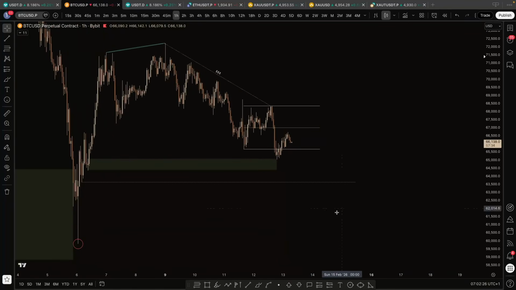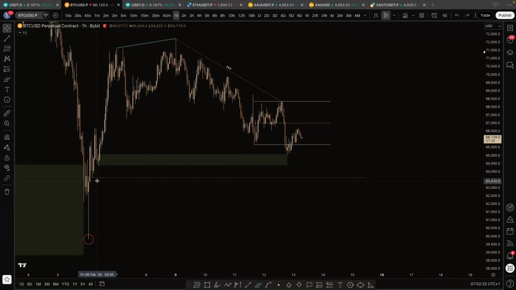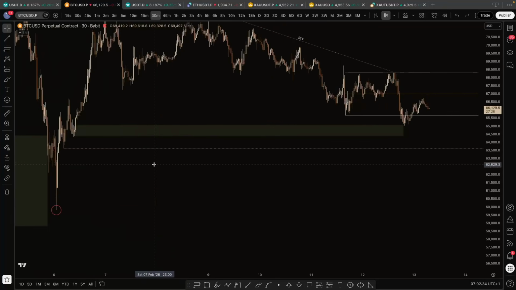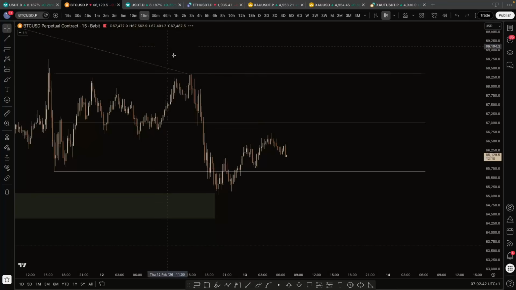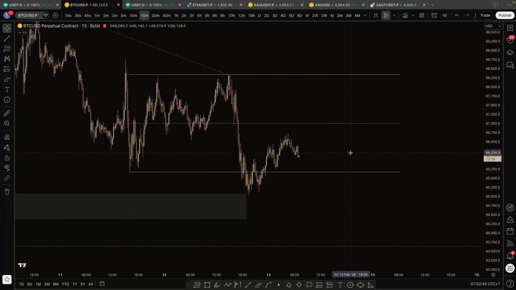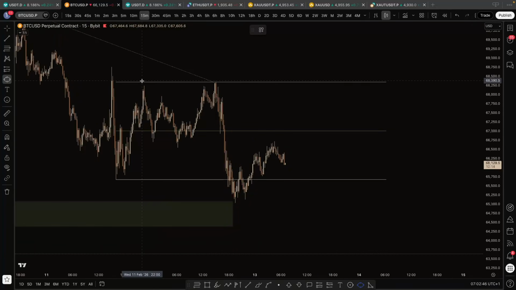So the POIs I will watch is this end of the liquidity, which is very nice. That's that first move up. So that's that extreme liquidity. As you can see, the first move up before the first higher low. But I don't like this range when I look at it on BTC. And that's because of that high I was talking about in USDT. It's a good high.